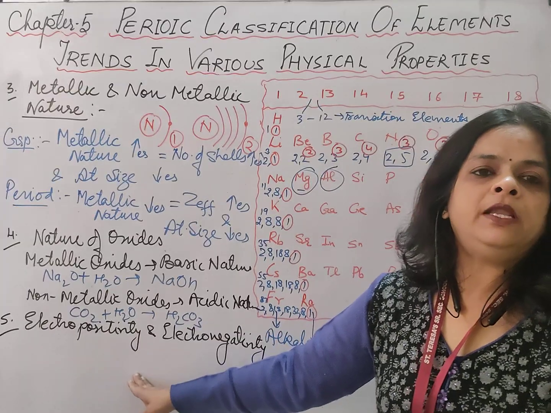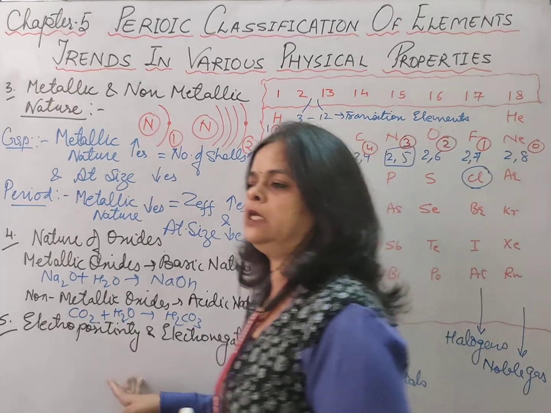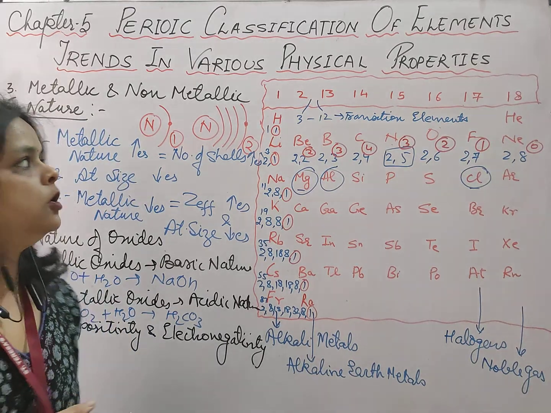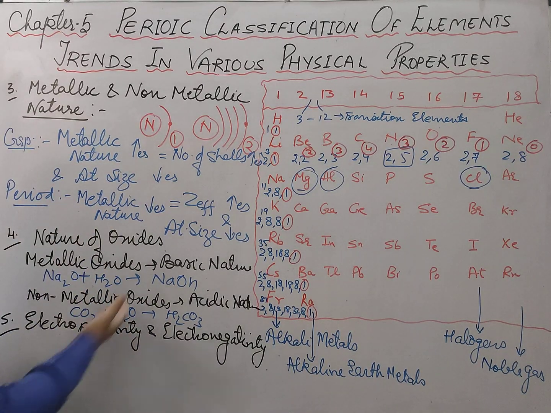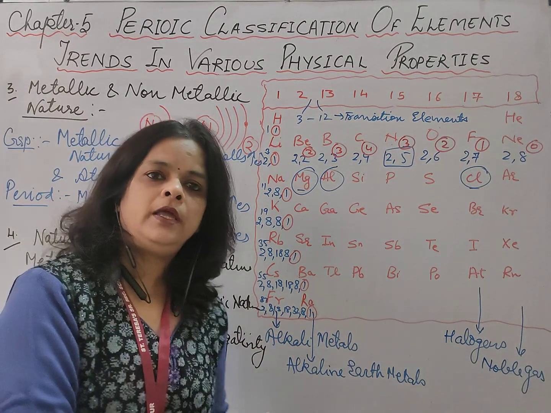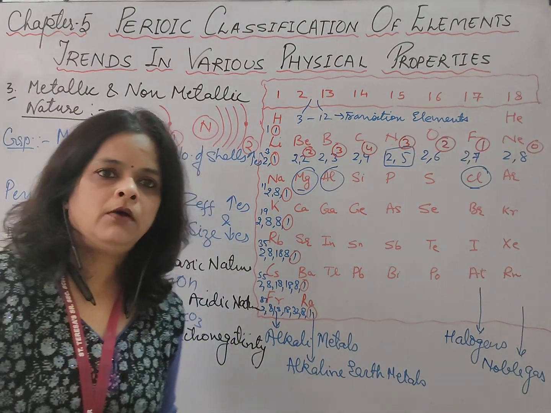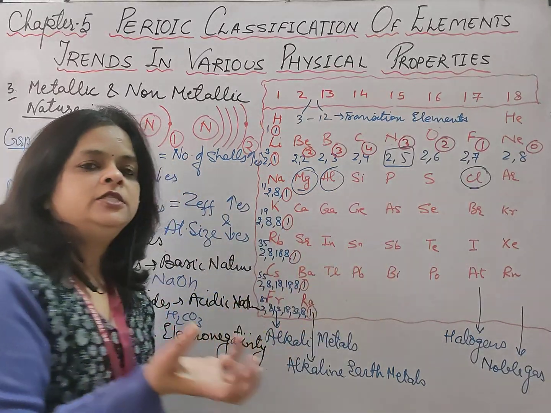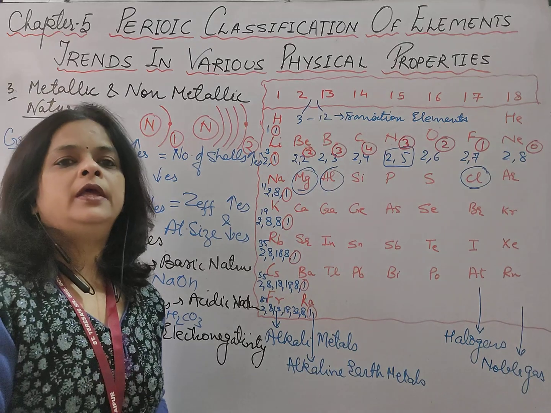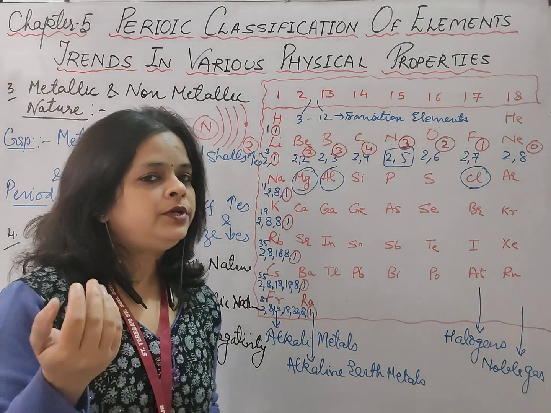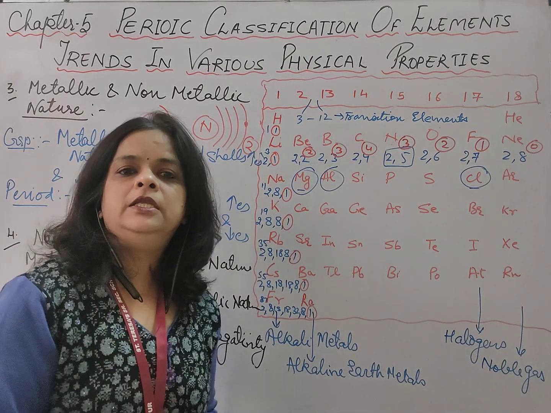So you can very well tell me the trend of electropositivity. That means we have to tell about the trend of metallic nature that we had already discussed. Electropositive nature, as you are मूविंग डाउन, टेंडेंसी टू लूज इलेक्ट्रॉन इंक्रीज हो रहा है, तो इलेक्ट्रोपॉजिटिव नेचर भी क्या हो रहा है, इंक्रीज हो रहा है. एज यू आर मूविंग फ्रॉम लेफ्ट टू राइट, टेंडेंसी टू गेन इलेक्ट्रॉन इंक्रीज हो रहा है, दैट मीन्स नॉन मेटेलिक नेचर इंक्रीज हो रहा है, तो आप बोल सकते हो इलेक्ट्रोनेगेटिव नेचर जो है वो इंक्रीज हो रहा है.